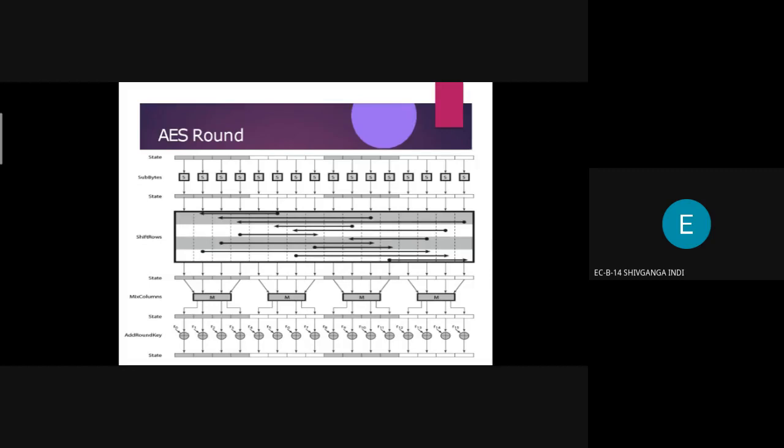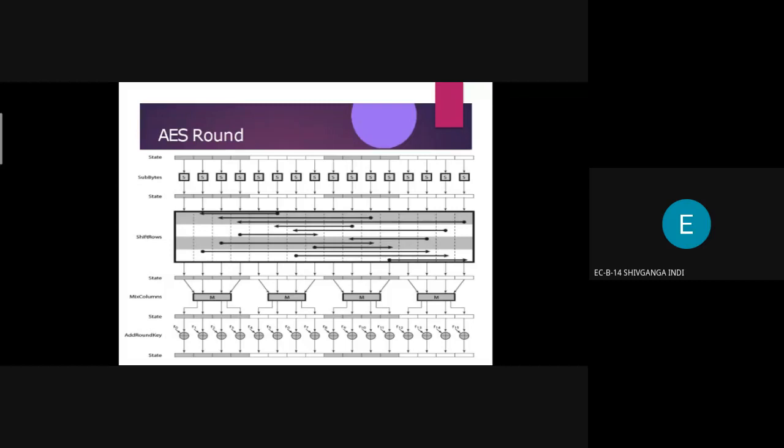Based on this state, we perform the mix column operation. In mix column, we use matrix multiplication, so by using the matrix multiplication concept, we perform the column-wise operation of an AES round. After mix column we get a new state, and then we apply the final step, add round key.